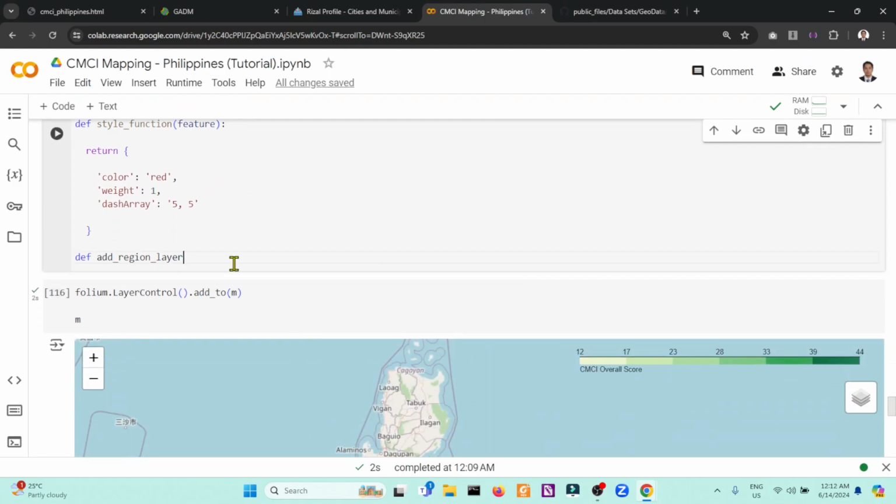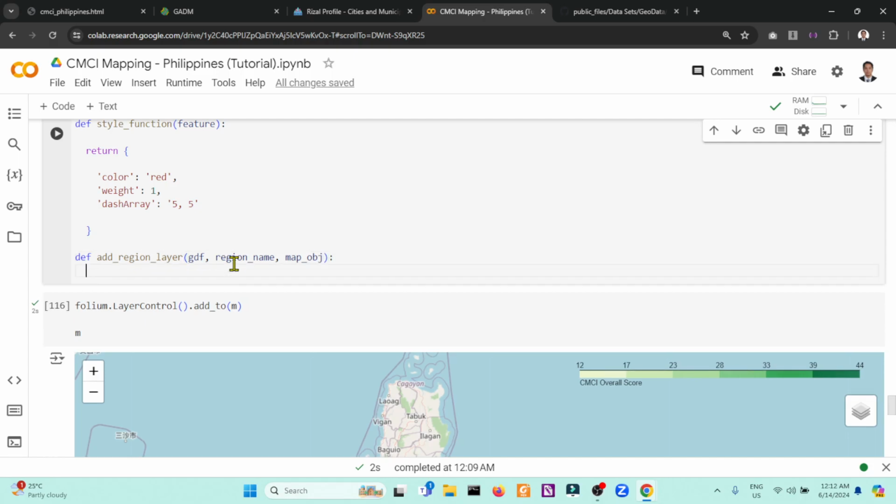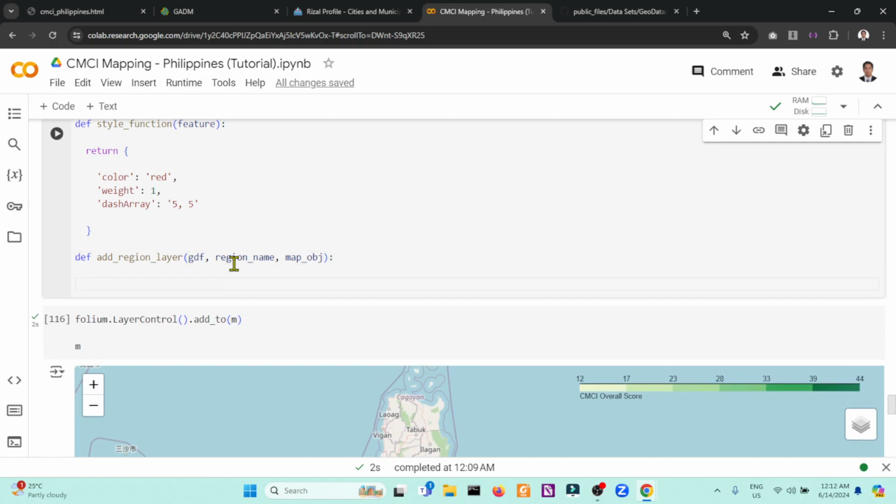So add region layer, and we'll define a parameter, the GDF. Of course, we need a region name, and we will assign it to a map object so that we will render it into the graph also. So for the region data, we need a conditional selection of GDF region based on the provided region name.